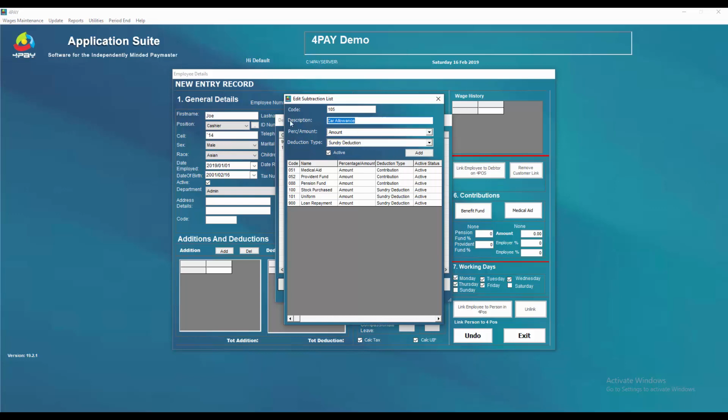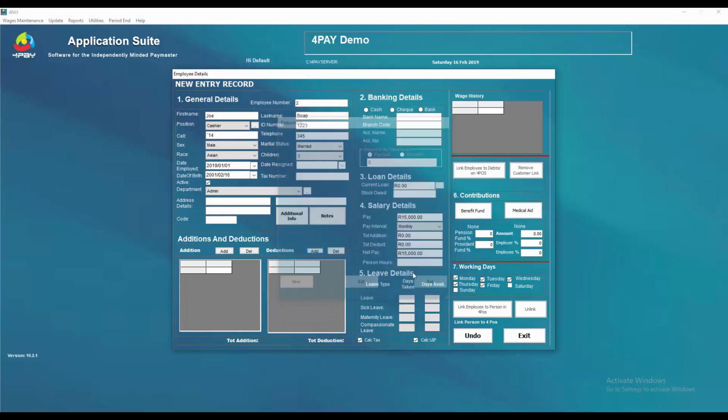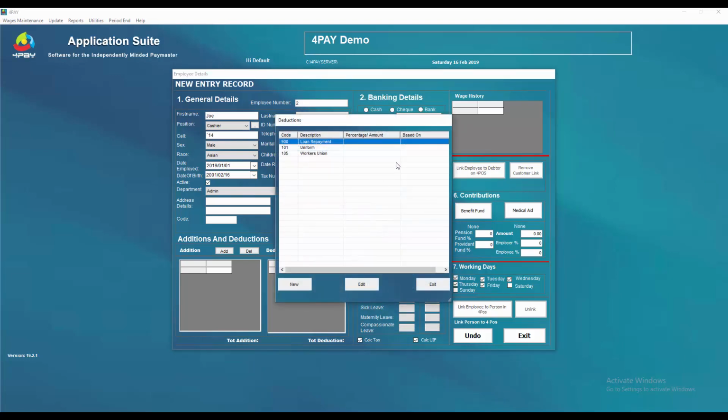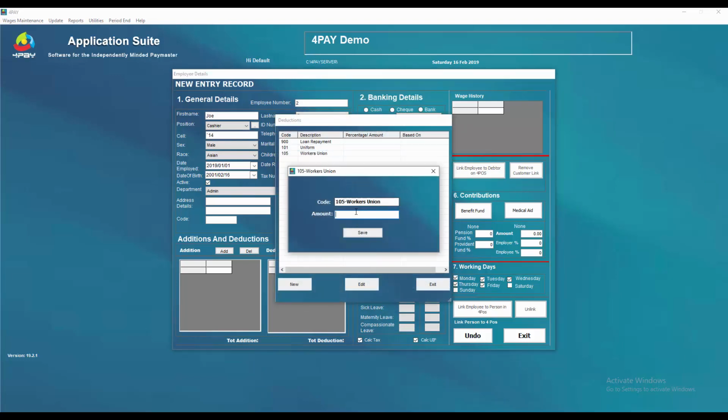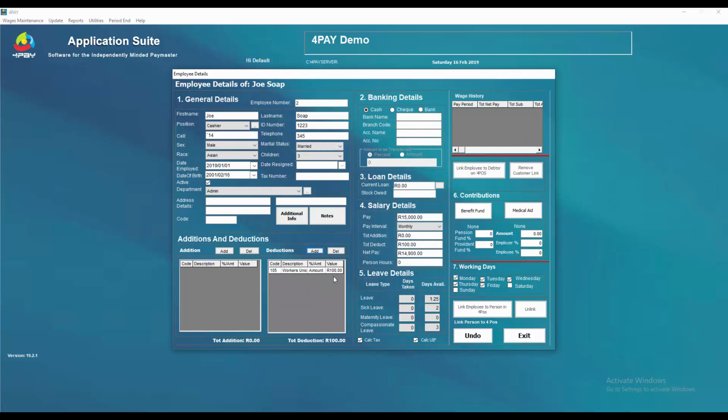That might as well have been some association that they work for, or that you need to deduct for, or a workers' union, or whatever the case may be. So for now, let's just call it workers' union, wherever and whatever that might be. Alright, so I'm adding that, and I'm going to add the deduction. Let's say the worker is paying 100 Rand a month towards the workers' union, and I'm adding that to the